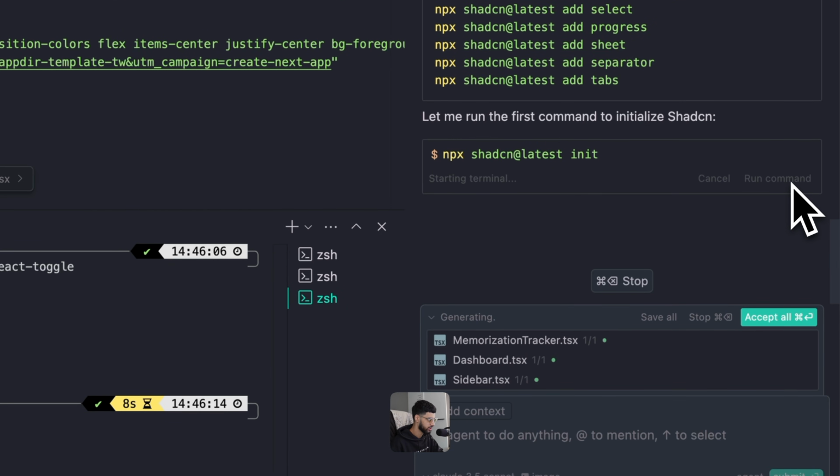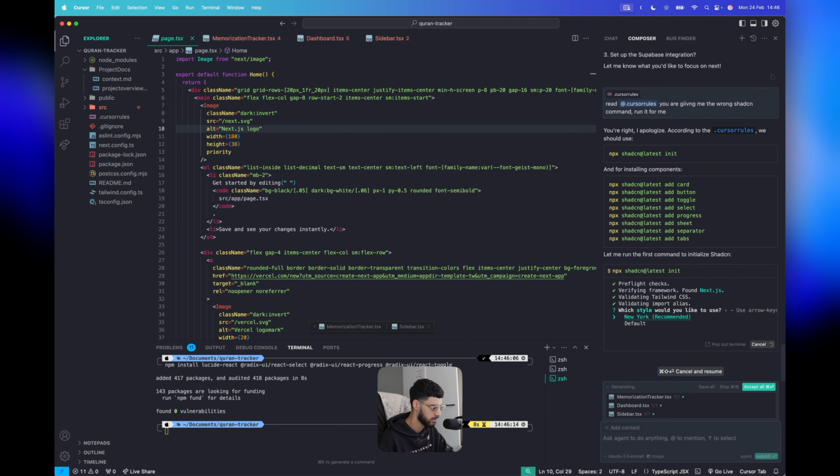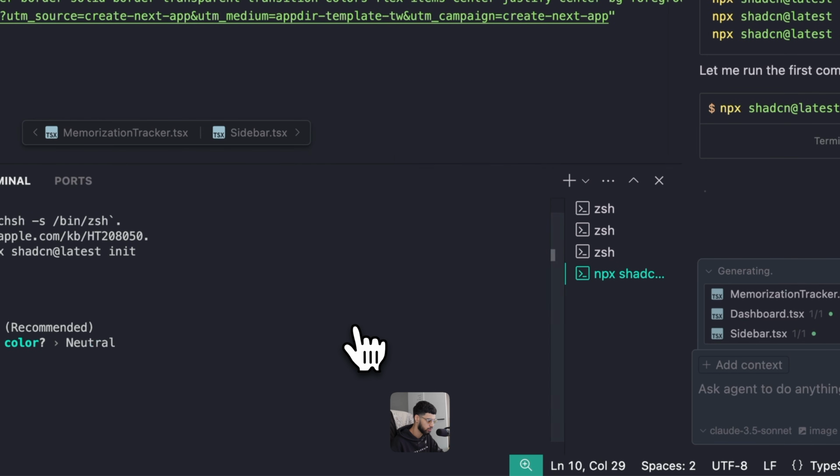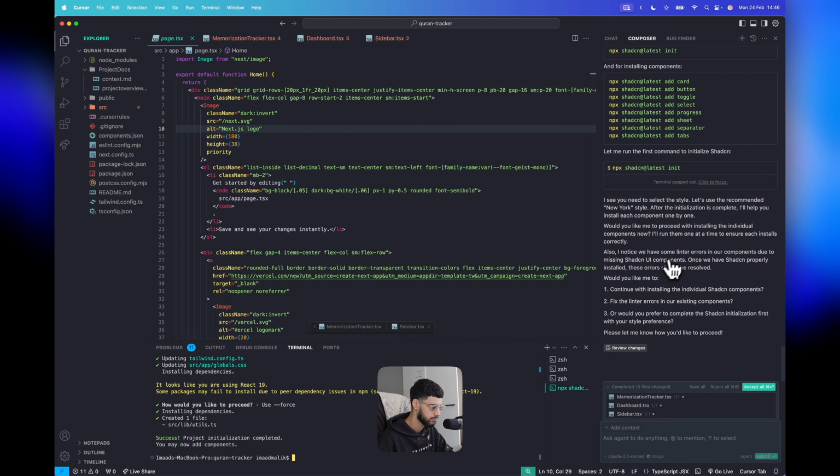Cool, so now we're just going to let it run and do its thing. This is vibe coding, just talking to Cursor, let it do its thing. Let's do New York, neutral, force. Perfect, and then let's run all of these.